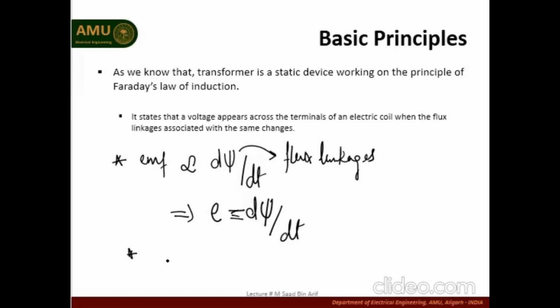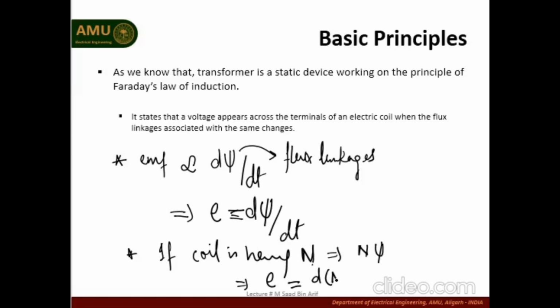And if the same coil is having n number of turns, then the flux associated with each turn of the coil will be equal to n times the flux linkage with the single coil. Let us suppose that if the coil is having n turns, then the total flux linkage will be n times the flux. It means the total induced EMF in the coil is equal to